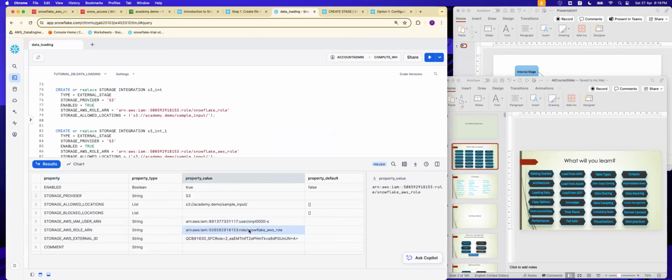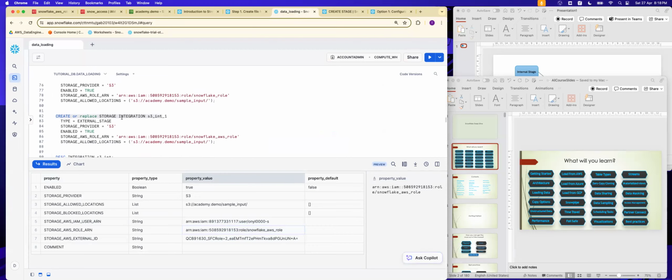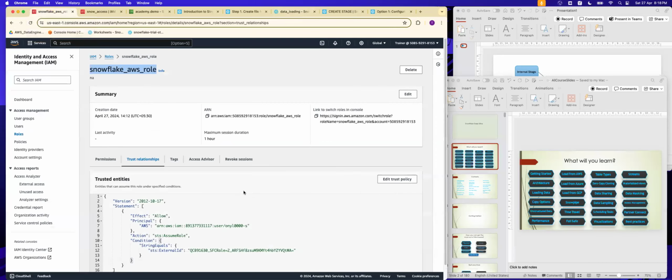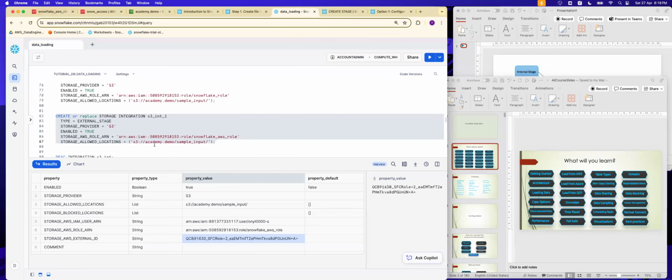See, the role ARN will anyway be here, because during the process of creating the external integration itself, you have given the role ARN. So the role ARN will anyway come. The user ARN has to be updated back to your AWS, and the external ID of Snowflake will have to be put back to your AWS. That's what is done, right? At this point of time,